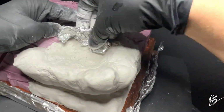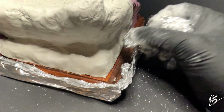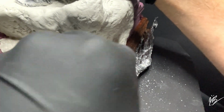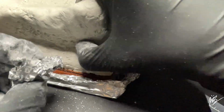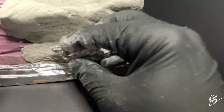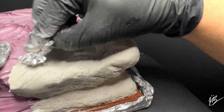And I do use a little bit of some tools here and there, but for the most part it's aluminum foil just to give variation to the overall rock dimensions and some of the little cliffs and kind of push the air dry clay where I want. I will jump back and forth between texturing and applying the clay throughout the video as we work our way around. And I specifically do that so that way I can go ahead and kind of lock in some of those details before that top layer starts to kind of chalk over or begins to even dry into its